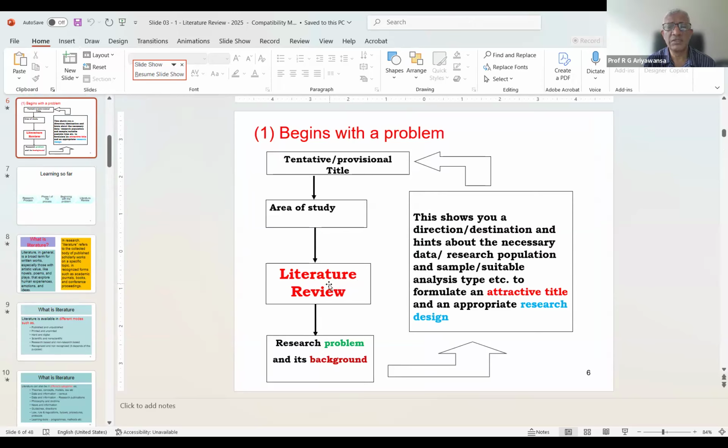You have already selected a provisional title, and you have particular areas of interest, depending on your knowledge or your future interest, maybe valuation, maybe planning, maybe markets, maybe regulations, whatever the area. Take the tentative title and select literature